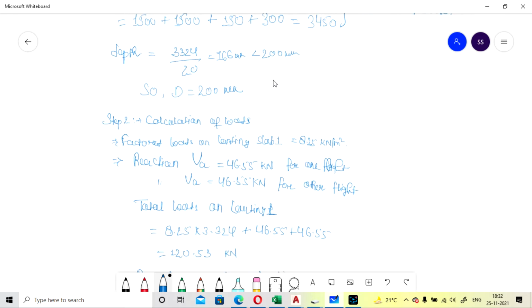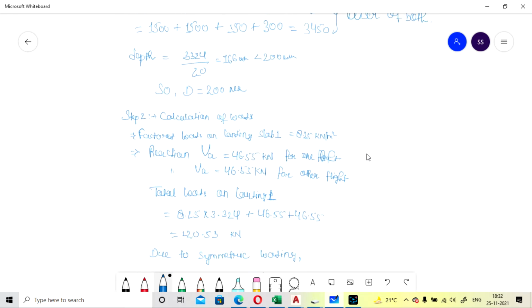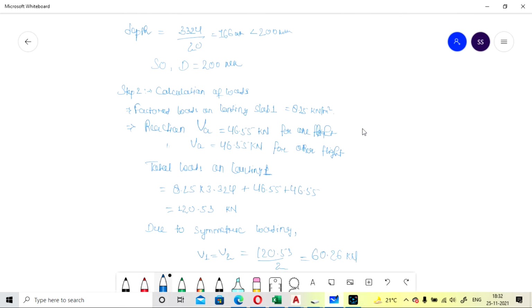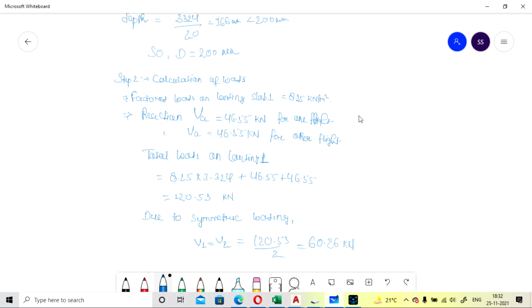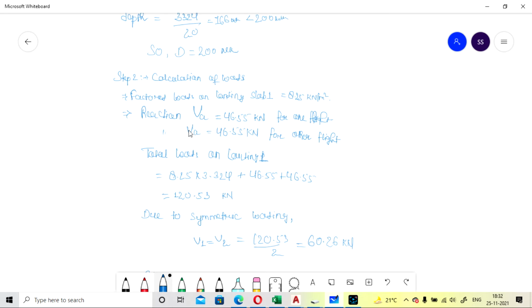Now we go for the calculation of load. As we calculated for slab landing L2, similarly we have to calculate for this. Factored load on landing slab 1, we take 50% of landing 2, so it is 8.25, already done during the calculation of landing 1 and the base slab.